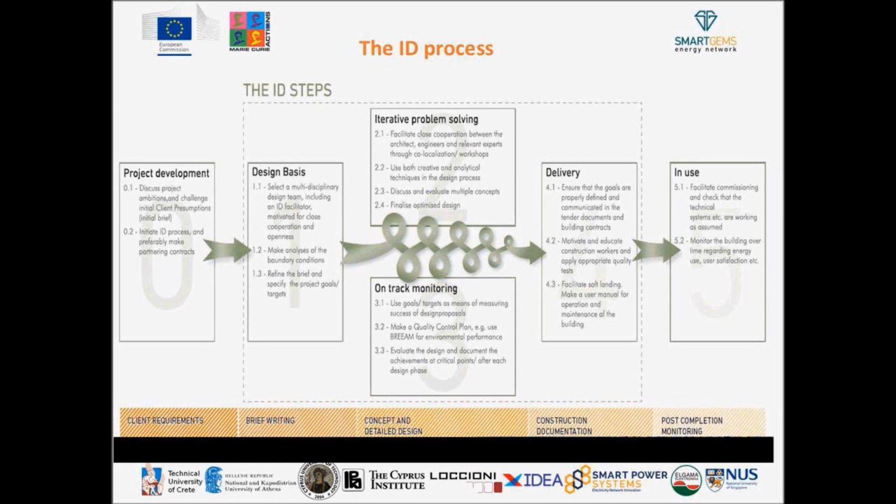And then after the determination of this, we have the delivery phase, which ensures that the goals are properly defined and communicated in the building contracts, if there are some. The motivation and education of the construction workers is a very important, difficult and critical part too, along with the application of appropriate quality tests,